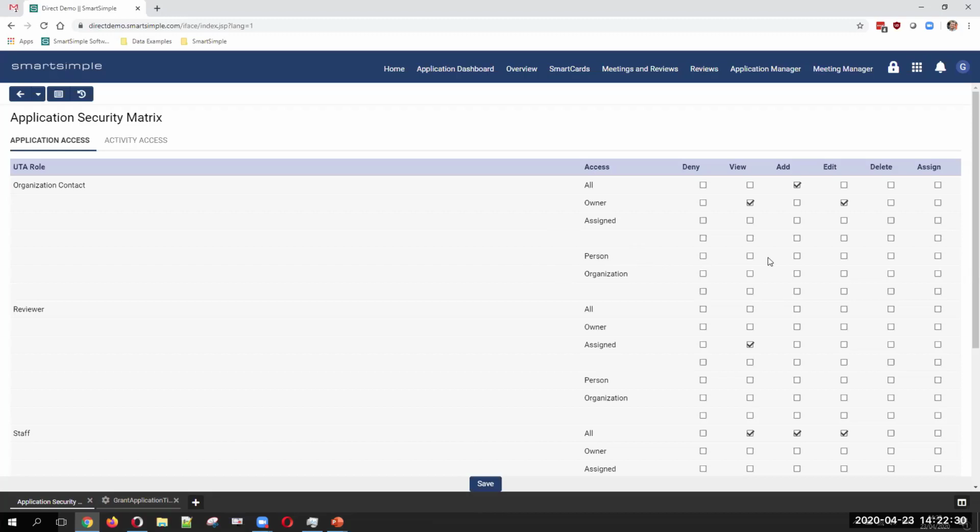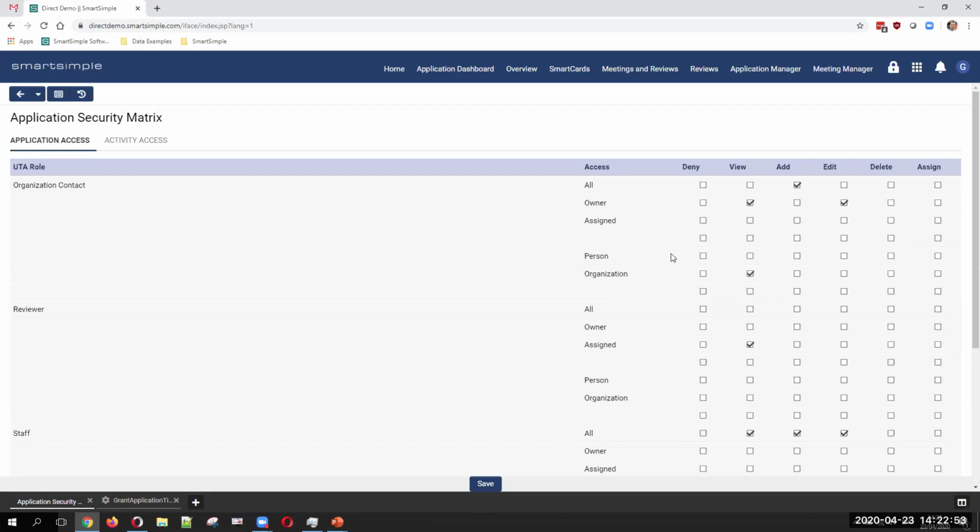And again, we can give them view or add or edit access to people that are assigned with records. Typically, that would be configured in this particular way. They could view and edit records where they're the assigned person or the responsible person. And if we think again back to our university example, this particular option, if we were to say view here,